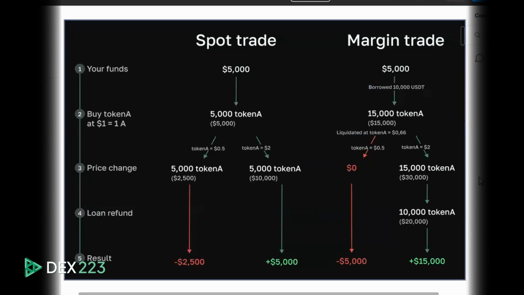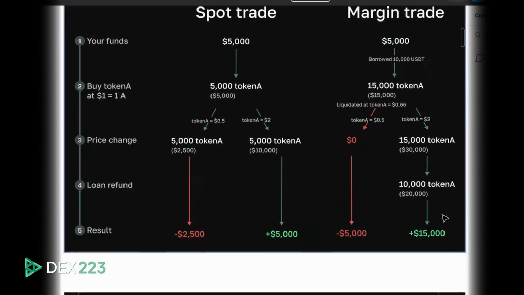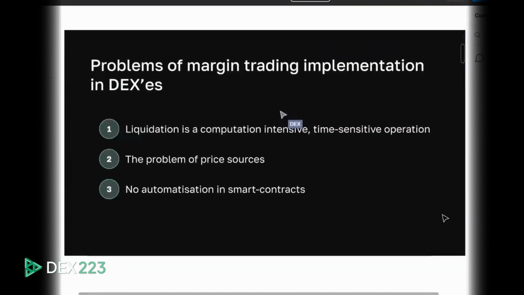Here are three main problems of the margin trading implementation in decentralized exchanges and in smart contract-based exchanges in general. So the first problem of decentralized exchanges is the liquidation, and liquidation is a computation-intensive and time-sensitive operation. Liquidation is an operation which is executed when there is a risk that you will not be able to pay back the loan,